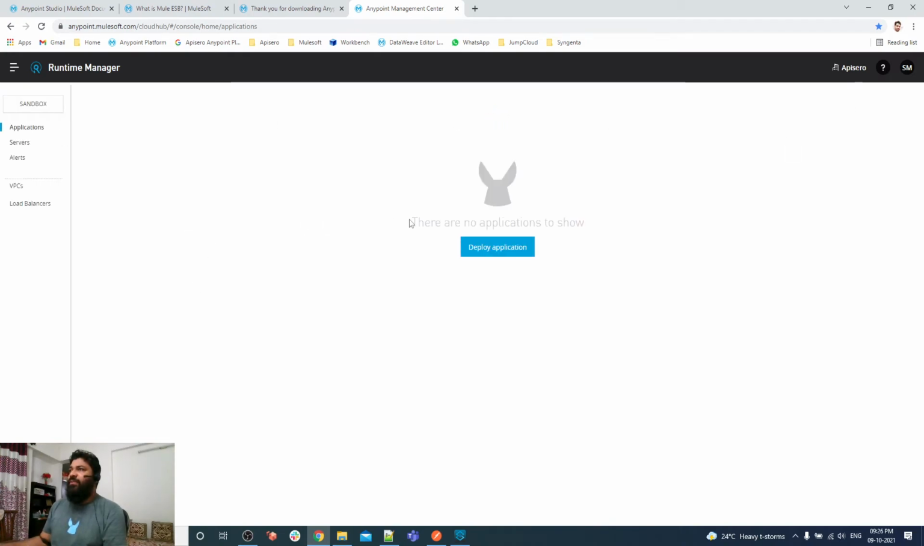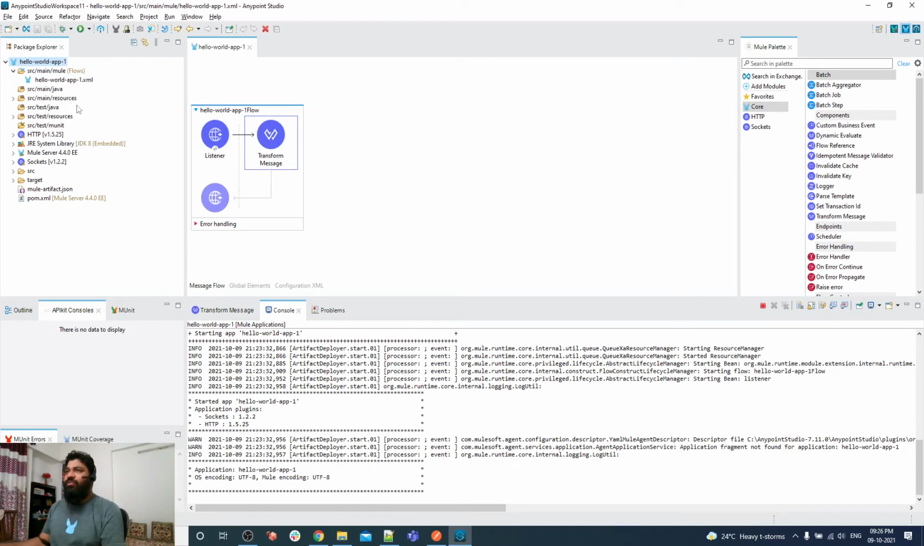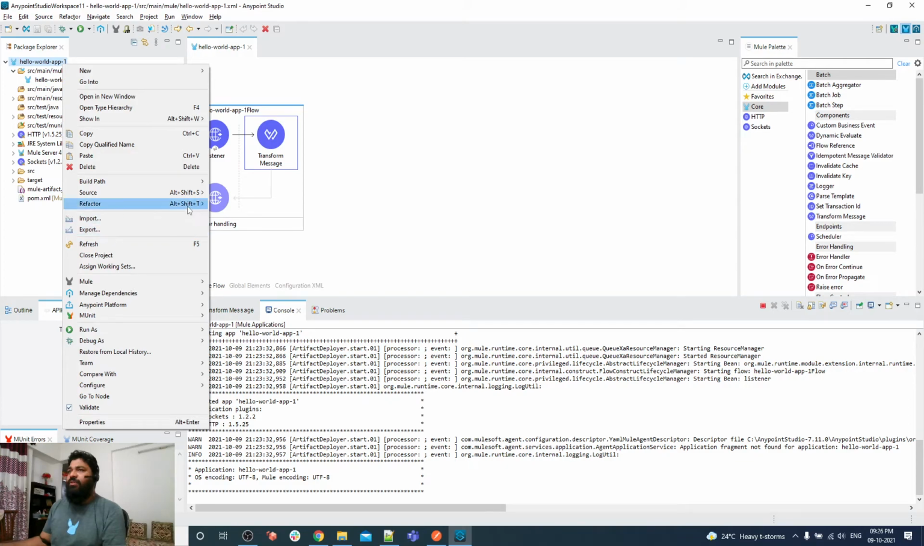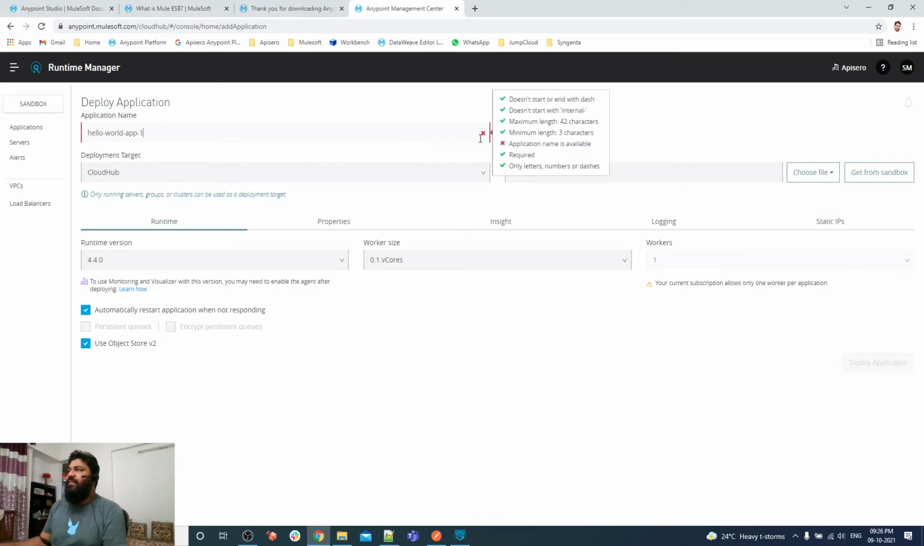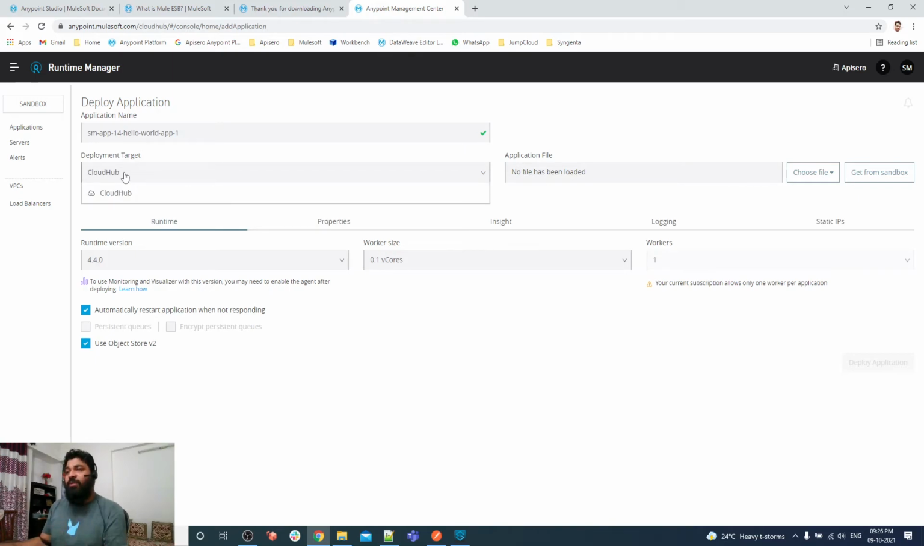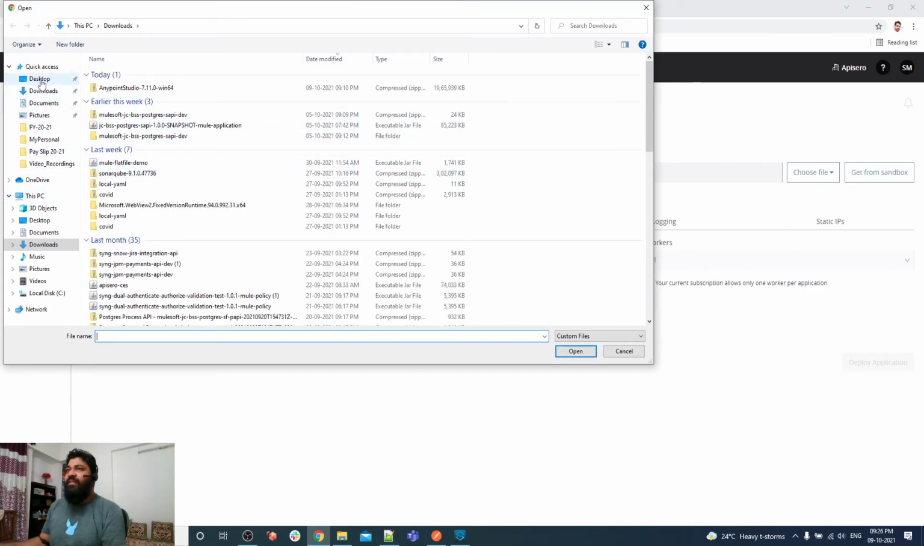Okay, so deploy application. Here we will give the name. Let me copy the name here. Let me check. It is already occupied. Let me add my username 14. Okay, it is not occupied, so we have provided this name. And where do we want to deploy? Here you can see multiple deployment targets, but now we are going to deploy our application to CloudHub. Upload file from where? From our desktop, which we have